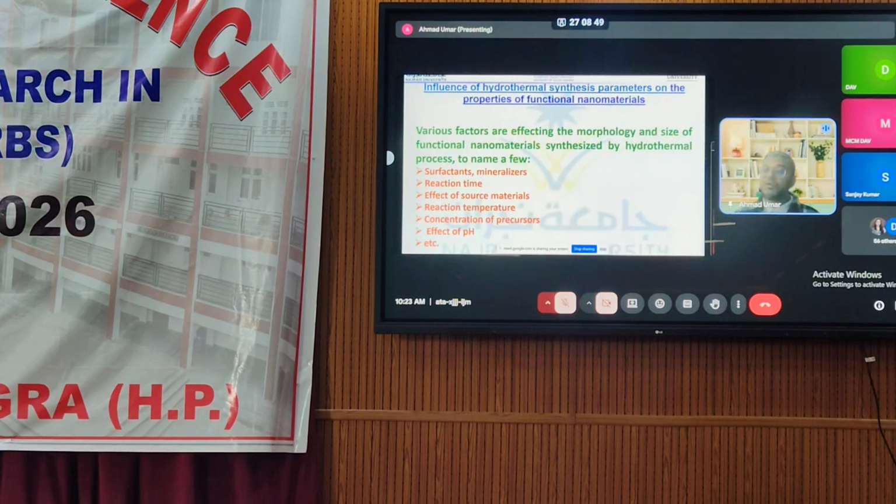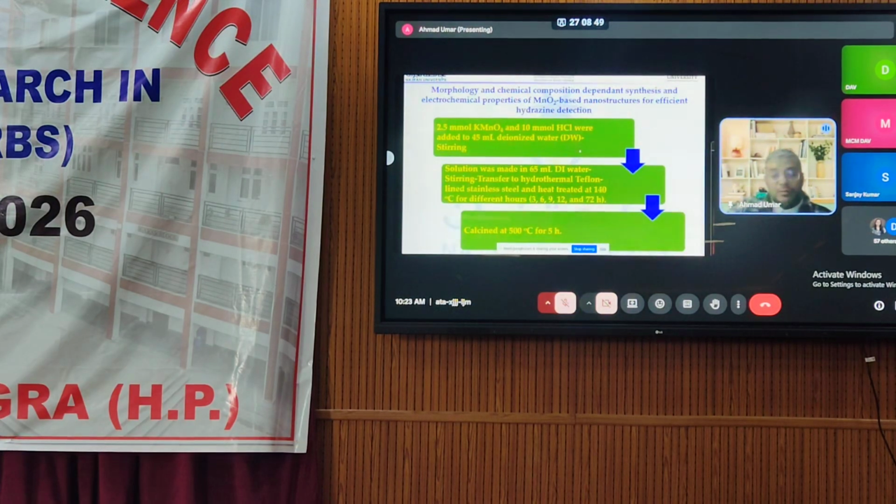Some of the most important parameters are the pH, its effect on the morphology, and the reaction temperature and time. These three are very important. I can give you a few examples for that. For example, we synthesized some manganese oxide nanomaterials, and we used them for